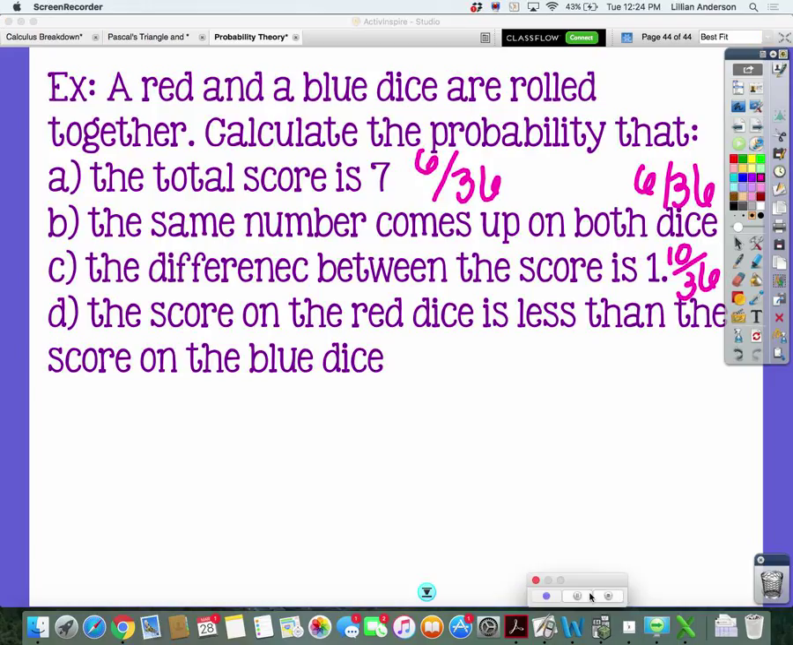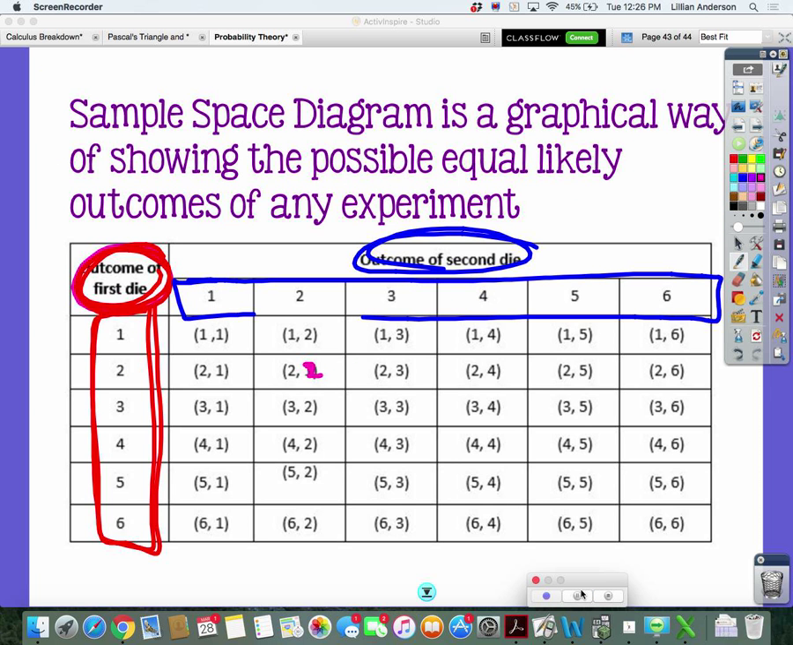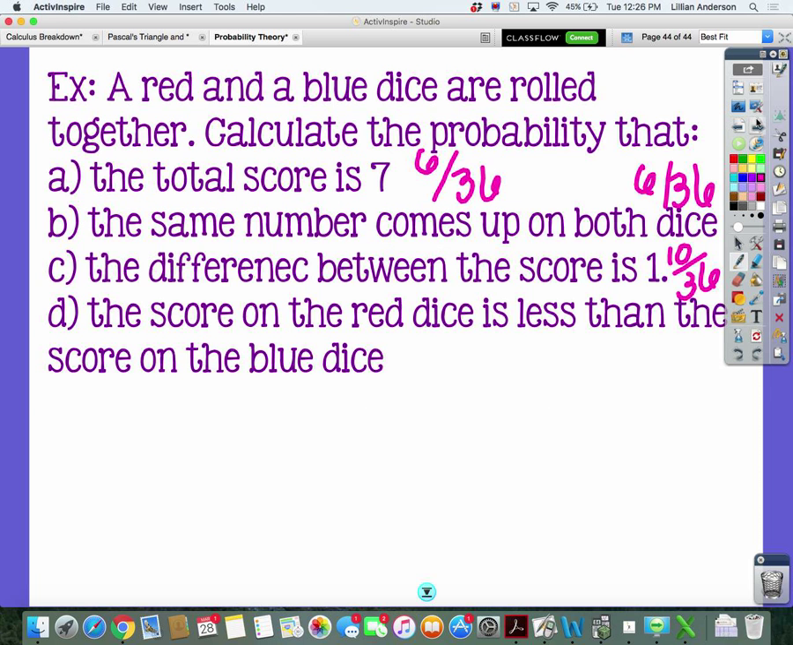Let's say you get: the score on the red die is less than the score on the blue die. The answer is 15. It's a lot easier when the paper is right there in front of you and you can actually count it out on your board. So again, a sample space is just another way to provide a picture for you, just like when we first started doing probability and we listed out the